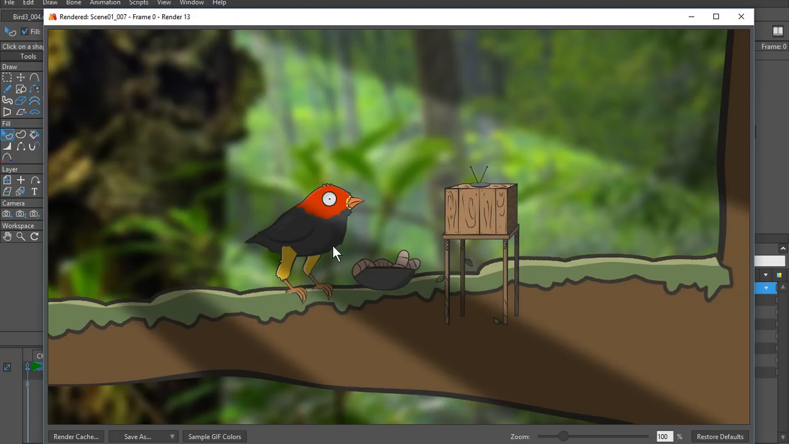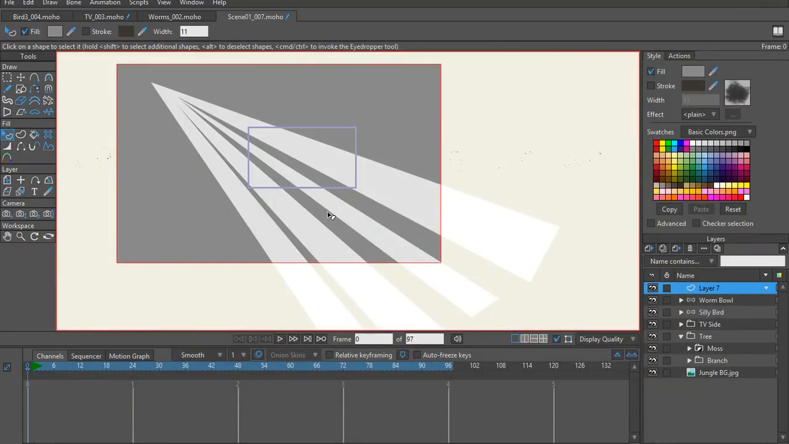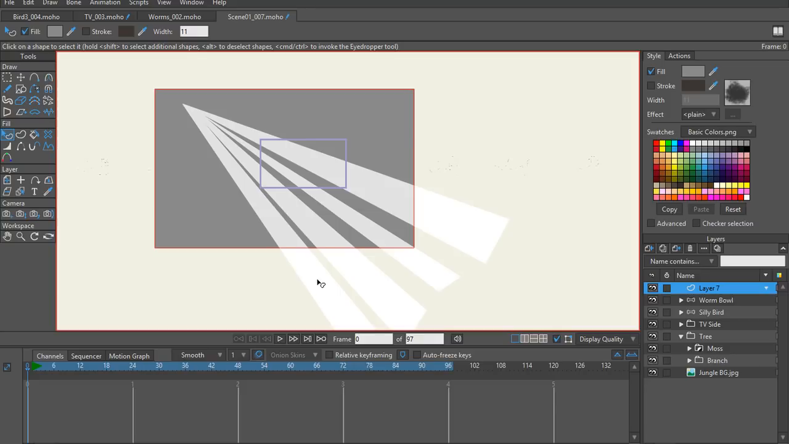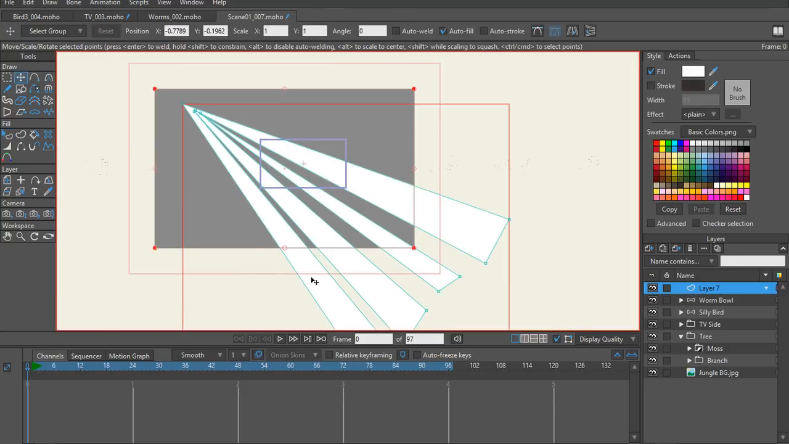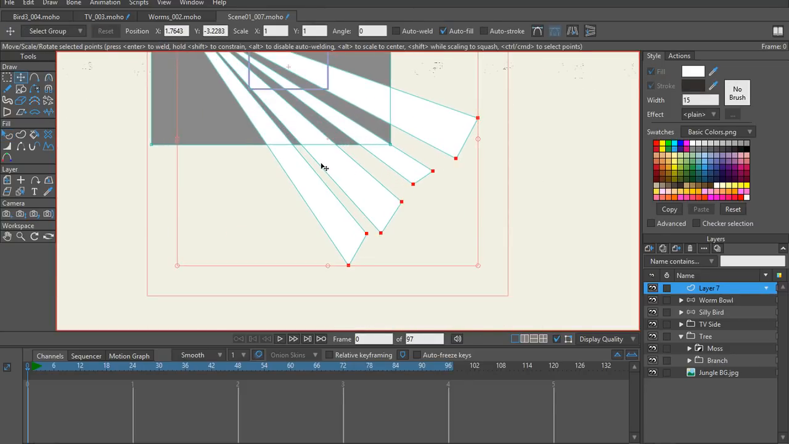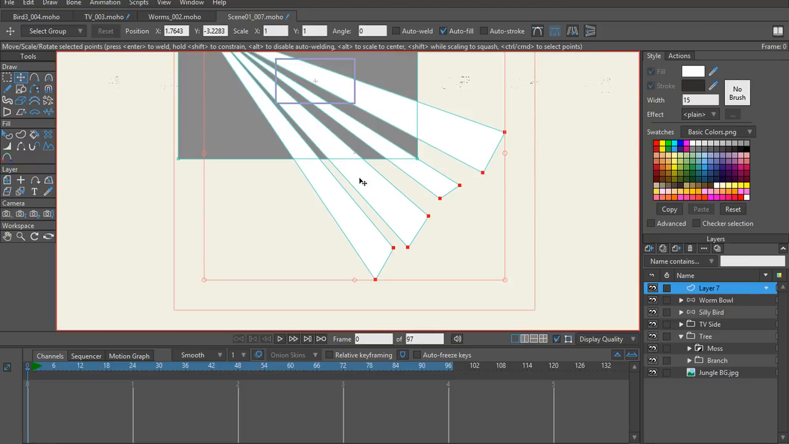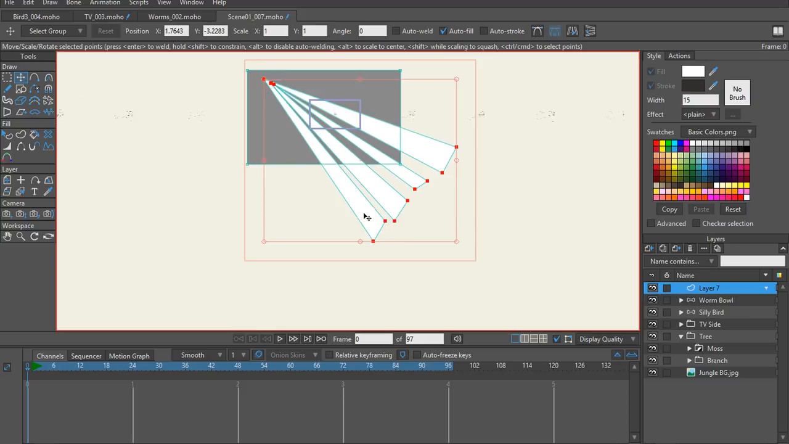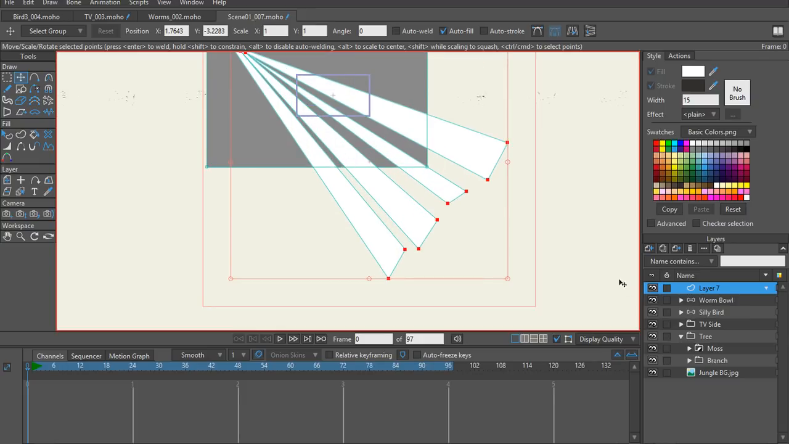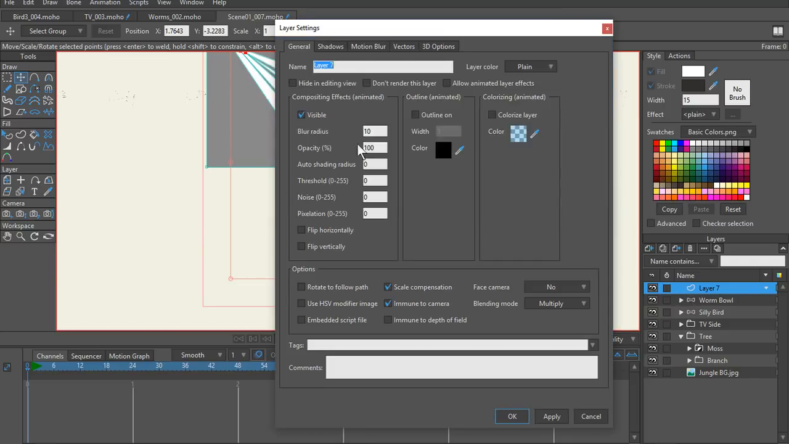But I thought this was a really cool effect, and the really cool thing that I also found out about this is if I wanted to, I can animate these, because they're just vectors that I created. I could animate these vectors. Say for instance the character was moving around the screen. So let me go ahead and